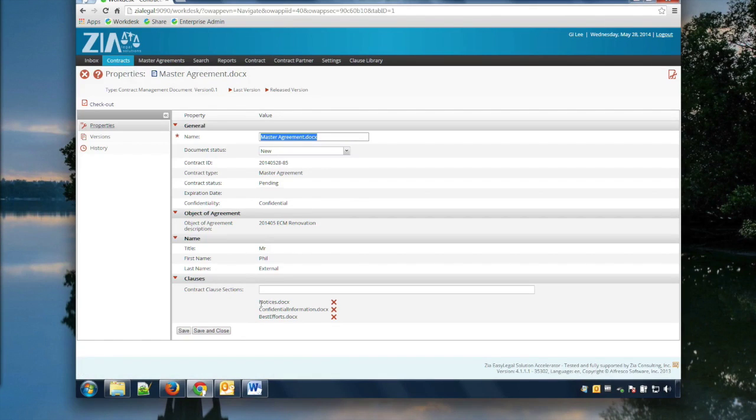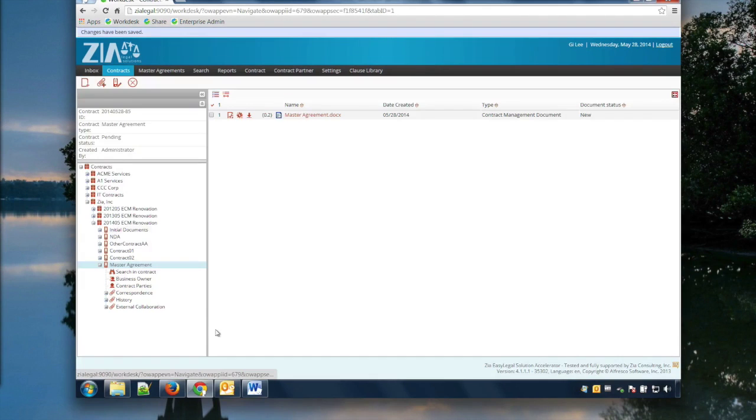So here's those clauses that we added. Notices, confidential information, best effort, and we'll save and close. Okay. Now you can see that the version of the contract has gone up to 0.2. And so if we now open up the contract,